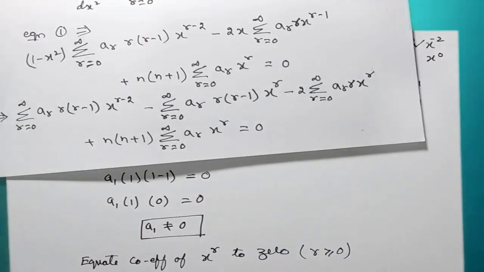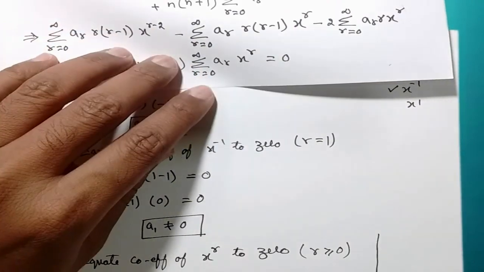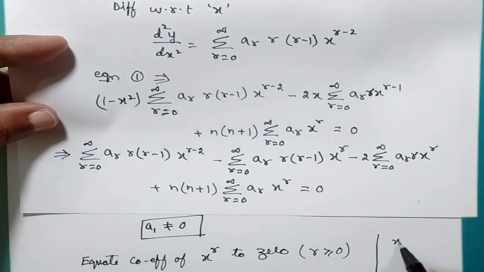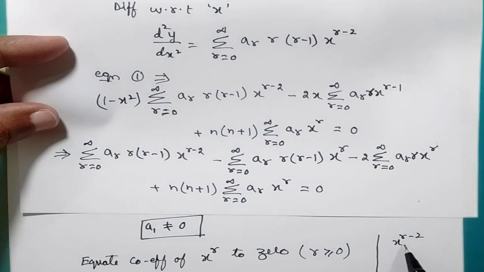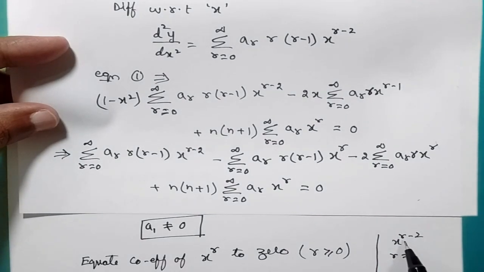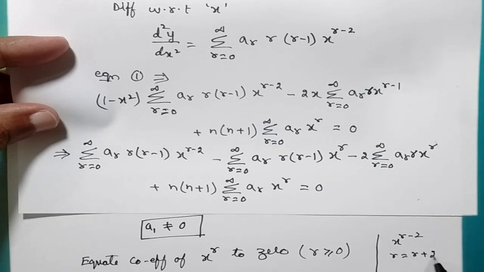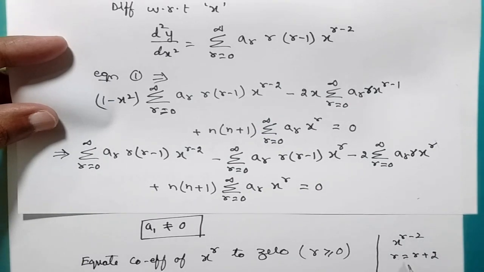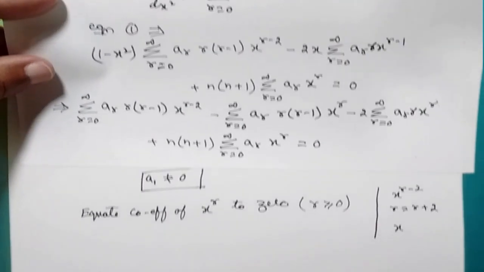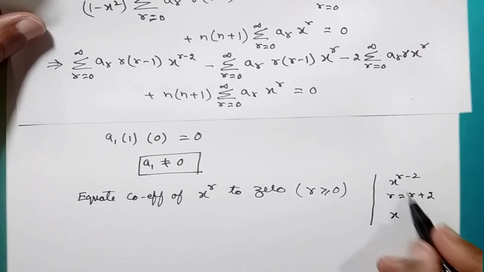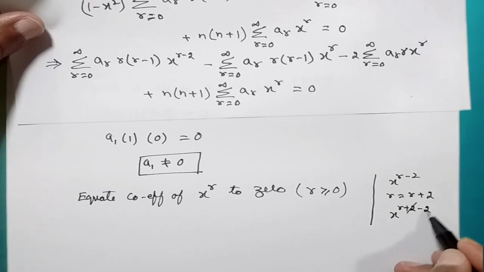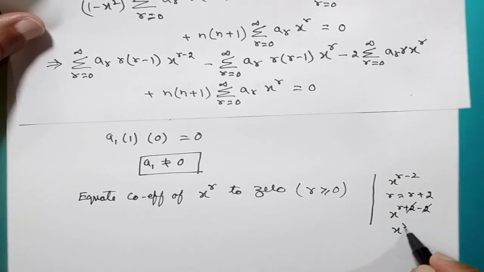So how to make that as x power of r? So I'll just show you over here. So you're having x power of r minus of 2. So what is the value of r you have to put here so that this minus 2 cancels out. To cancel out minus 2, you have to get plus 2. So put r as r plus 2 here. So it becomes x power of r will become r plus 2 minus of 2. So what happens, plus 2 minus 2 will get cancelled, you will be getting x power of r.